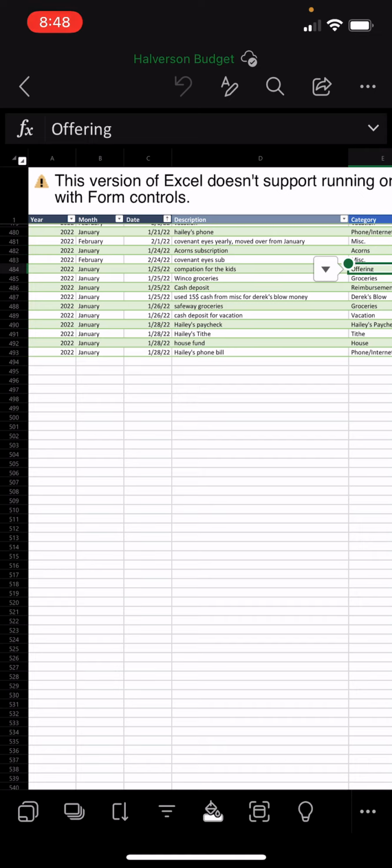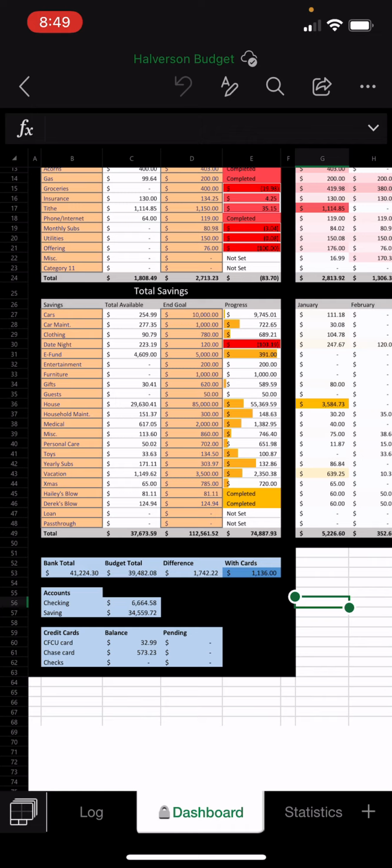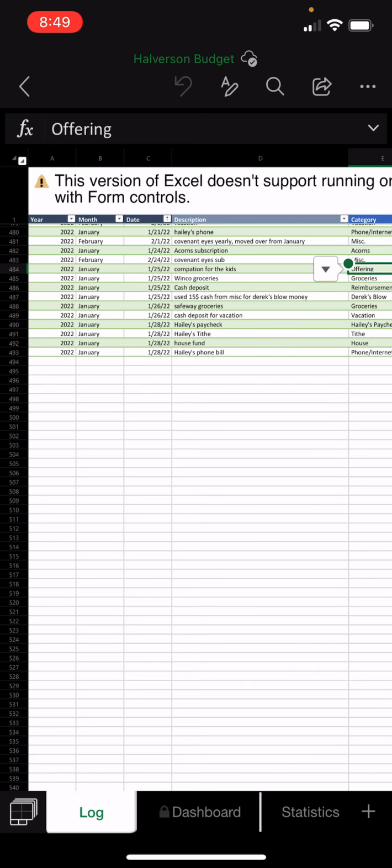But in all honesty, you'll probably never need to put in a new entry into the log. So that's not the worst part. The best part about this is the fact that you can go to your dashboard while you're in the store somewhere or driving, someone's driving, you're riding, right? You're not driving. You can look right at the budget and be like, oh, how much did we have for clothes? While I'm out shopping for groceries, I might also want to buy some clothes. And you can just go right into your budget here, check it, see how much you have, and boom,